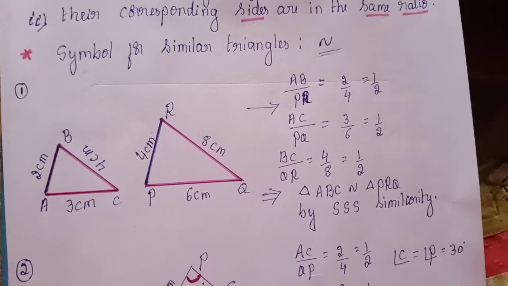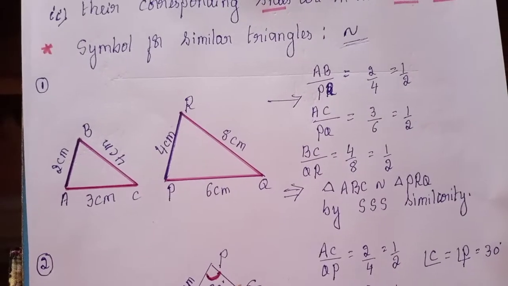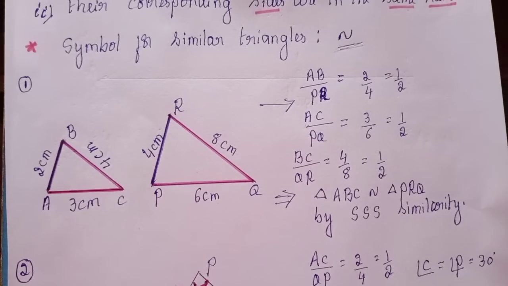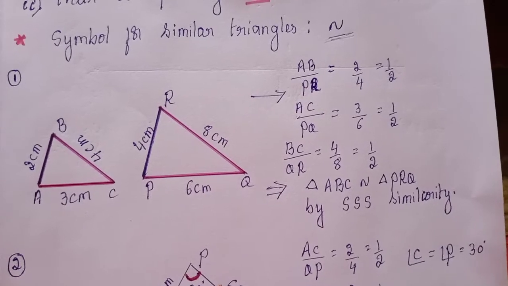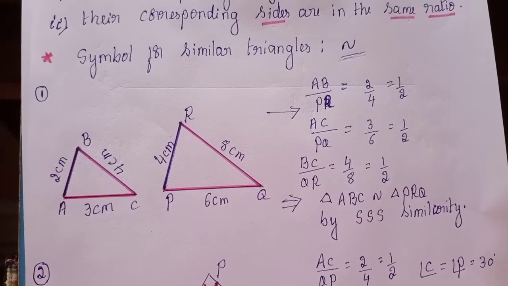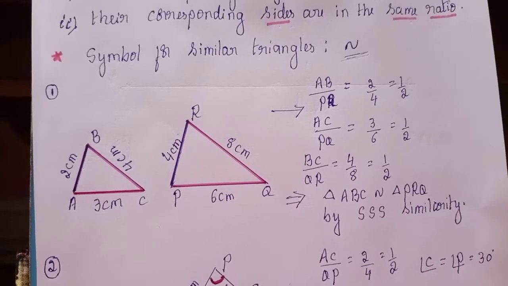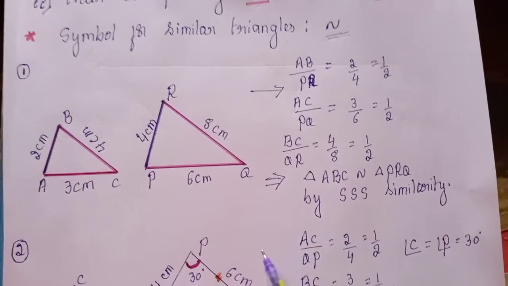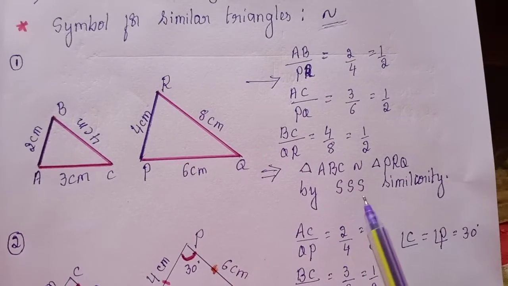Next, coming to the first type of similarity, that is, when two triangles are similar. Like I said in the previous video, all 6 components are not necessary to show one triangle is congruent to another triangle; any 3 components are enough. There we learned nearly 4 congruent conditions: SSS, SAS, ASA and RHS. Here we don't have all 4. So let us start. What are they? The first similarity is SSS.